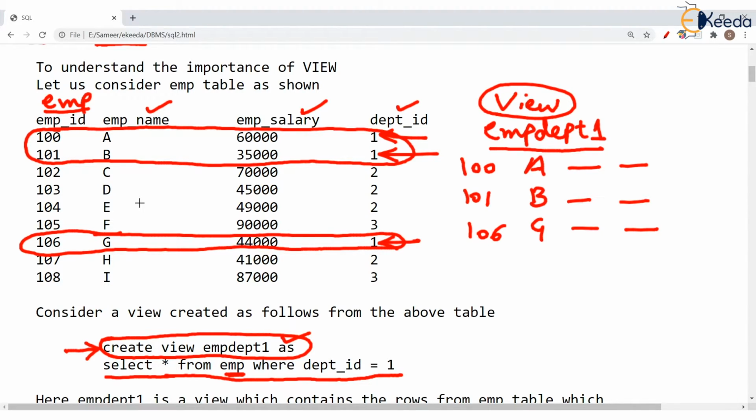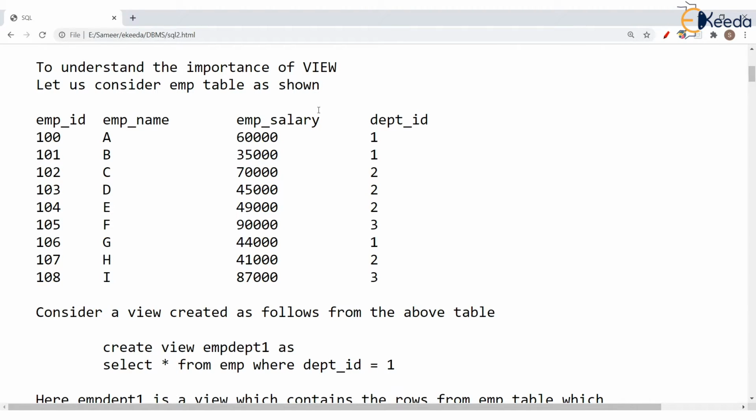Just imagine that the manager of department number 1 is not interested in seeing the details of all the employees, but is interested in watching only the details of the employees which belong to department number one. That's logical, isn't it? Maybe the company has 10,000 employees. So why would the manager bother to always list all the employees? The manager would like only to see the details of the employees working in his or her department.